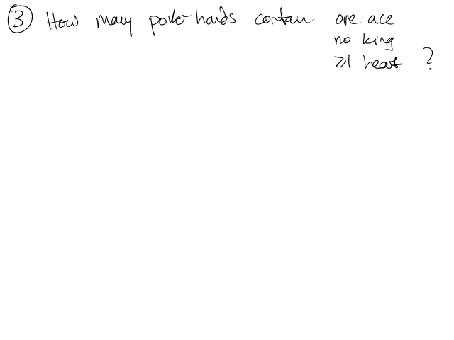So the first thing to observe about this is that this at least one heart constraint is sort of annoying, right? It could be 1 heart, it could be 2 hearts, it could be 3 hearts, it could be 4 hearts, it could be 5 hearts. And there are many cases here if we want to add all these things up. So it might be easier to just count all the hands that only satisfy the first 2 constraints, all of them, and then throw away the ones that have 0 hearts, right? So by the sum rule,